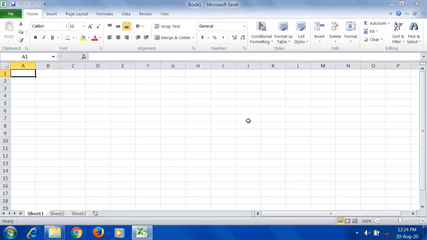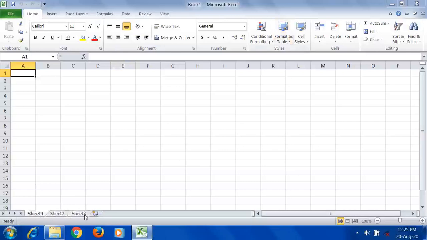So now the point is, when you open Microsoft Excel, by default you will get 3 sheets: Sheet 1, Sheet 2 and Sheet 3. These are the 3 different sheets, and this entire Microsoft Excel file is considered as a book. So this is Book 1, and in that book there are 3 sheets. Like our notebook, in a notebook we have 100 pages, 200 pages; in the same way, here also these are Excel sheets.